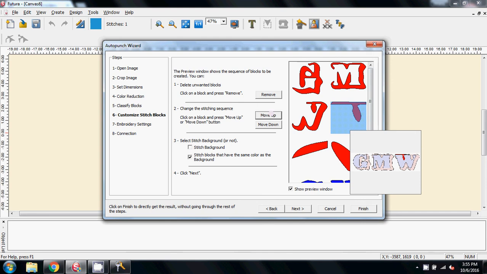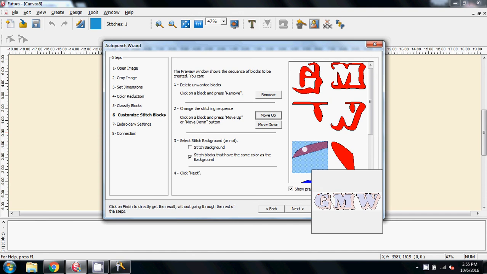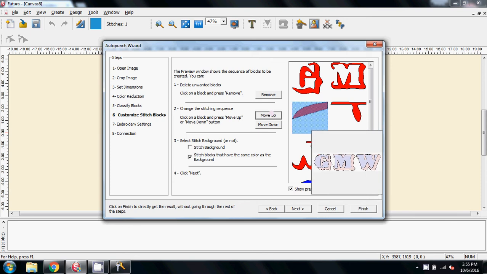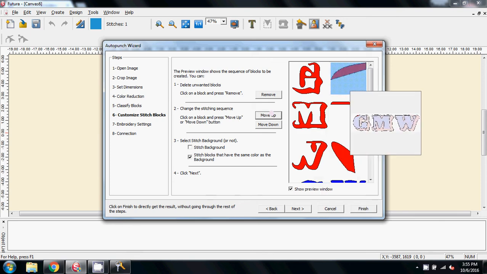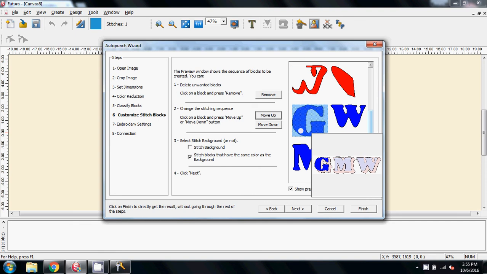I actually want that to be before the W, and this, I think that's a part of the G, so I'm going to move that up so it's part of the G. Can you see? I don't know if you can see that. It's highlighting that little area there. So there we have the G, the M, the W on the outline, and then we have